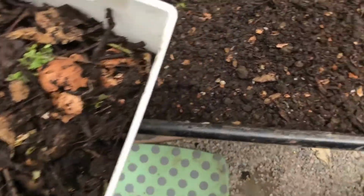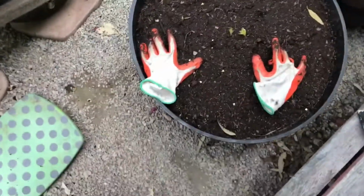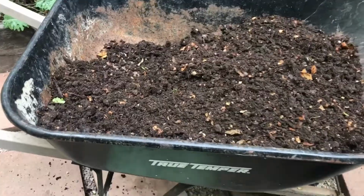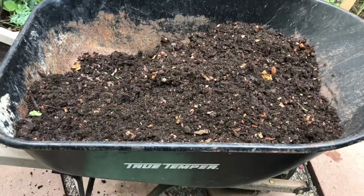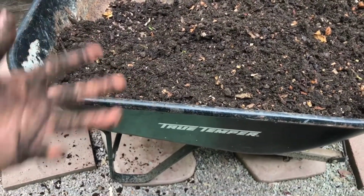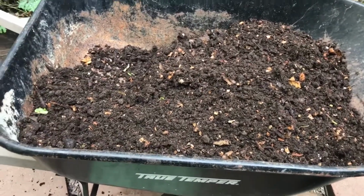Sifting for worms. There's still tons in there, but I just wanted to show you guys how much compost I yielded. A nice size. This is really heavy. I can't even pick that up. And this is all free compost. I'm pretty sure this would cost a couple hundred dollars in the store,